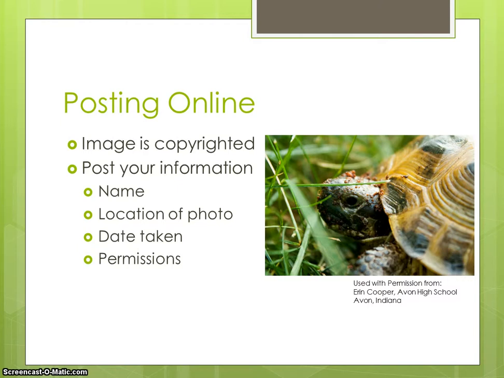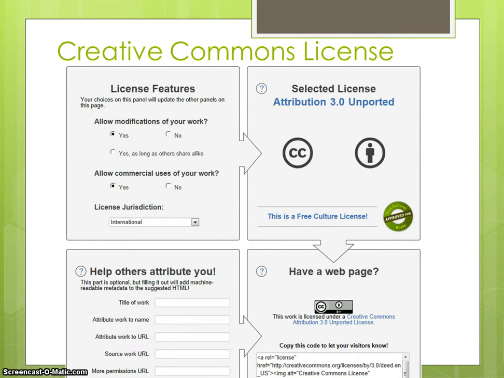So it's an automatic thing. We don't have to request copyright permissions from anywhere like they used to. If it's online, it's copyrighted, so you've got to make sure that you're using that information properly and using that image properly. There is such a thing called a Creative Commons license, and you can look up Creative Commons, and